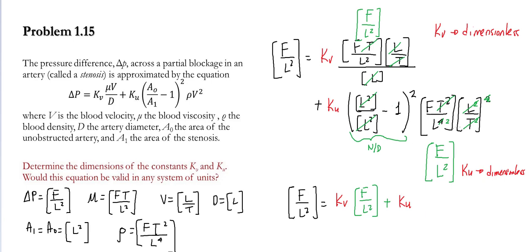And we show that every part on the left side and the right side becomes once again force divided by length squared. Since the three components have the same dimension, that shows you that Kv and Ku have to be dimensionless. If not, this equation will not be